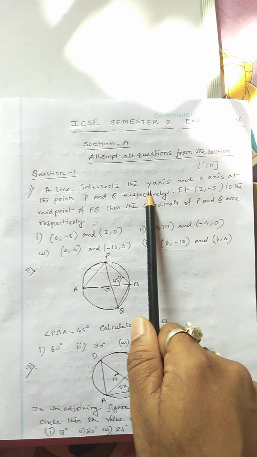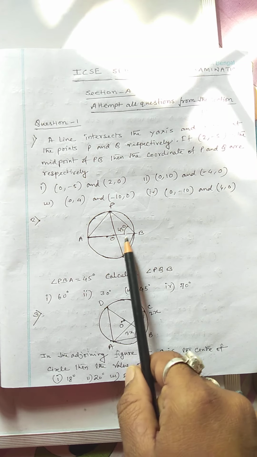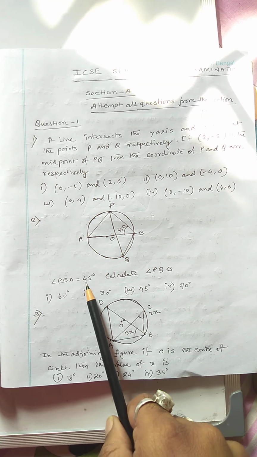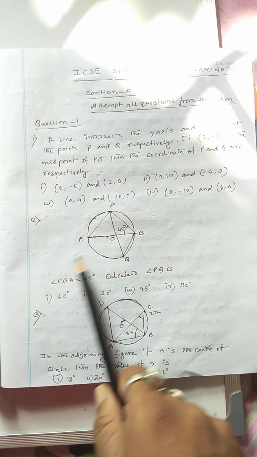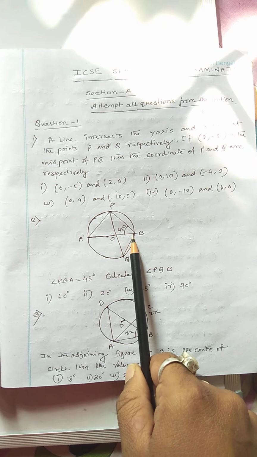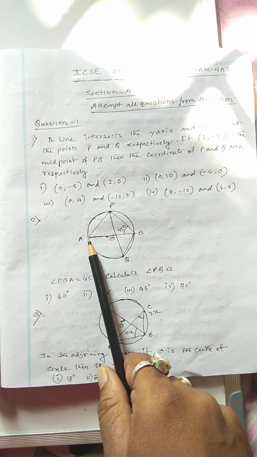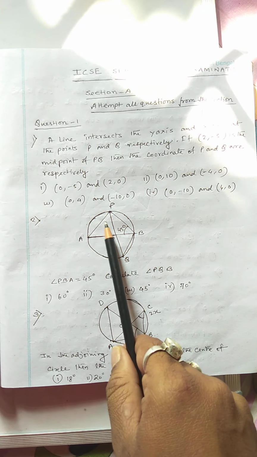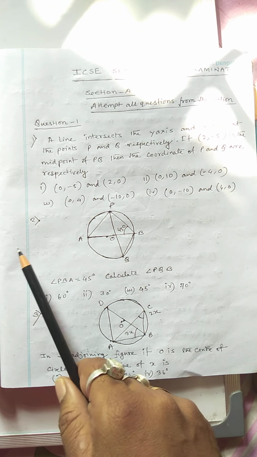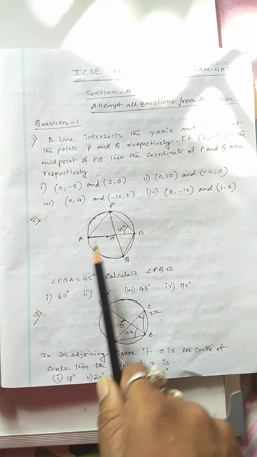You have to use this concept, and then there is a question from circle, that AB is a diameter. It is very obvious. PBA is given 45. Calculate PQB. Okay. So if we think that APB, that is a semicircular angle, it is 90, and it is very obvious that